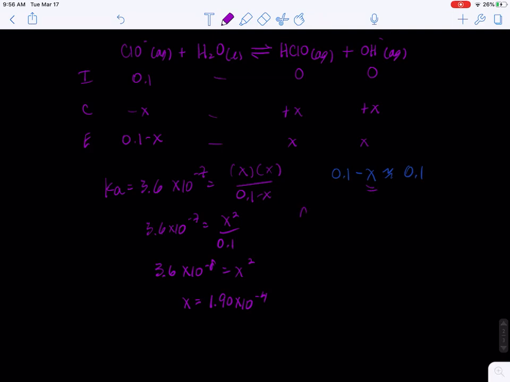Now, percent ionization, recall, would be the amount of the acid or the ion that's produced per this. This is usually only done for acids, but we'll fake it for the base here. So we'll calculate the ratio of the HClO over the ClO minus, and what we'll get here is